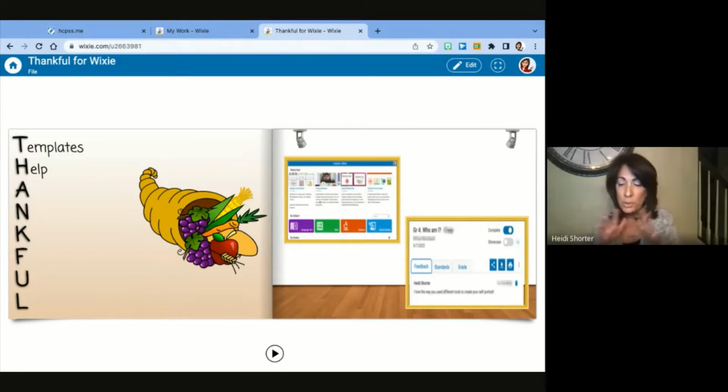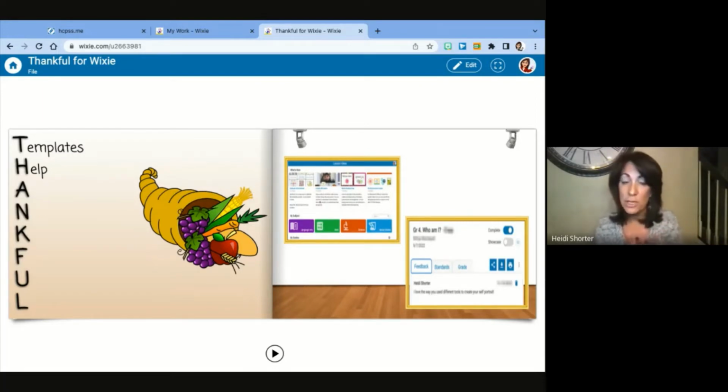So if you've noticed this year, when you log in on the left-hand menu bar, there is a Wixie 101, and it's just filled with ideas for lessons and help and how you can use it at every different grade level. And if you haven't taken the time to kind of go through some of those folders, they are so helpful. And it's such a nice asset to have there in Wixie, just to help us with our planning in such busy times, to just have so many ideas right there at your fingertips when you log into Wixie. It's such a big help.